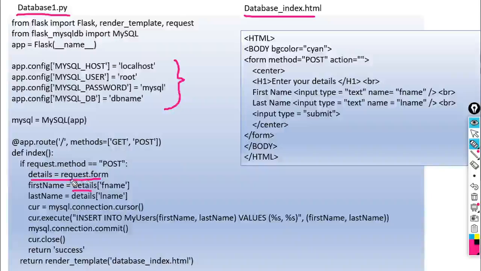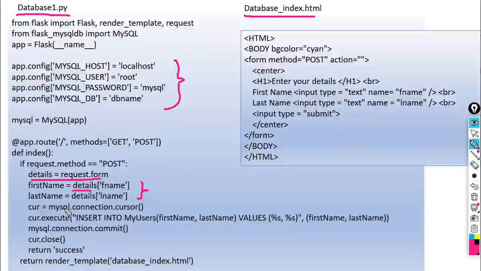Here I have stored request.form in details, that's why we invoked details['fname'] and details['lname']. Instead of that, you can use request.form['fname'] and request.form['lname']. What type of fields we are going to enter, you can store in variables. So first name and last name.